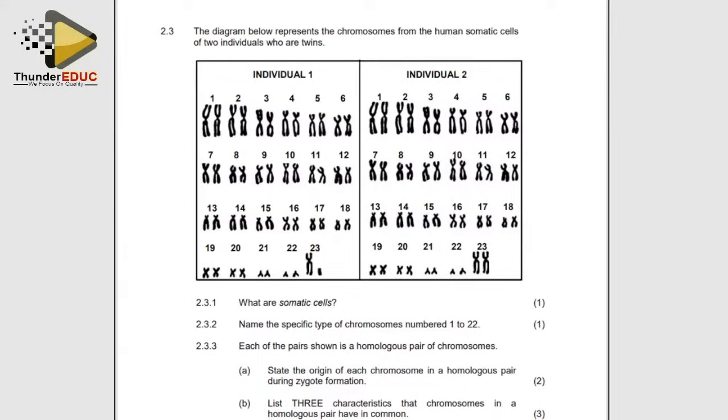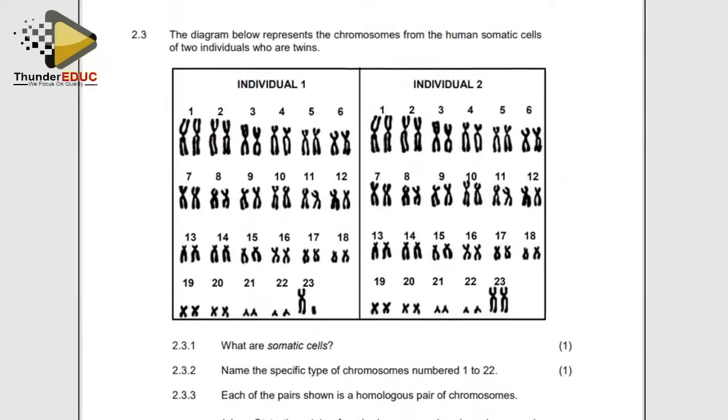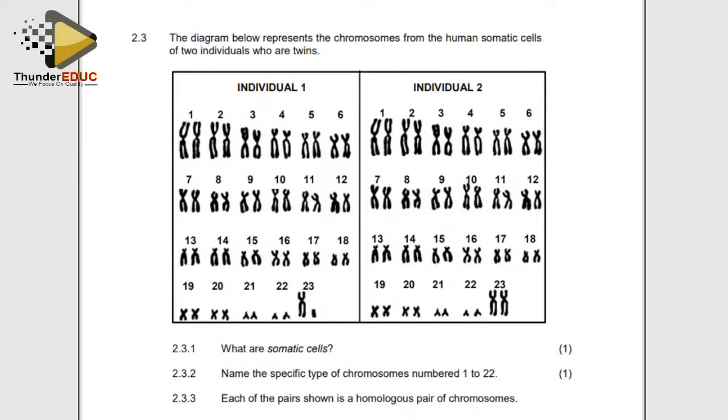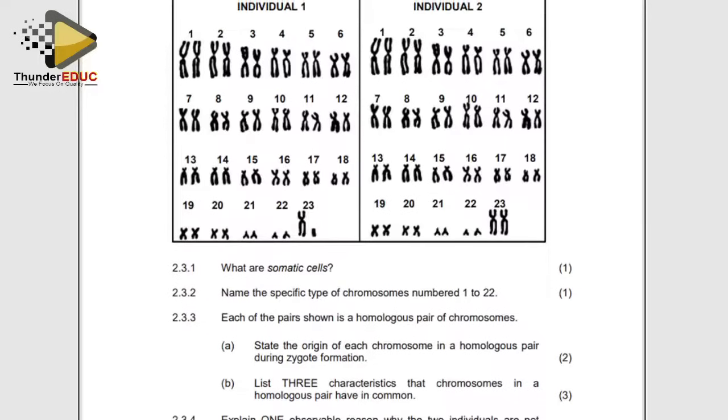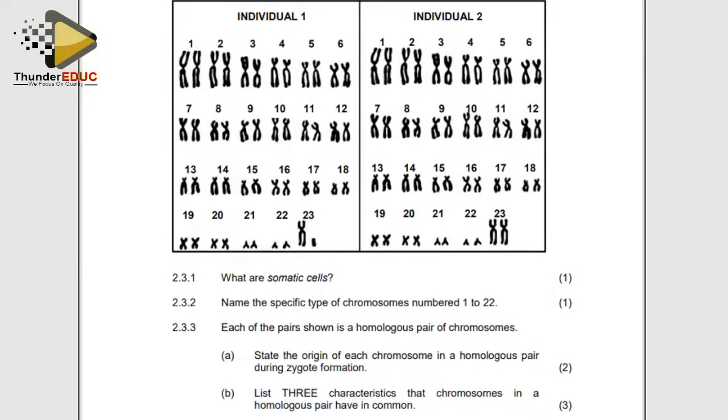Shabalala, what are you saying? All right. The diagram below represents a chromosome of a human somatic cell of two individuals. I found out that people confuse what are called autosomes and gonosomes and somatic cells. Guys, when you talk about autosomes,